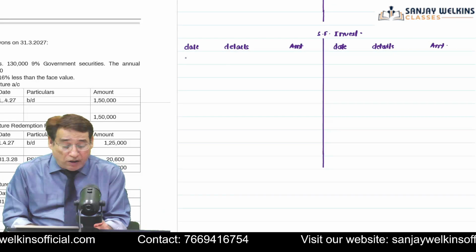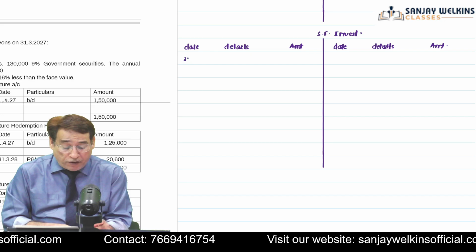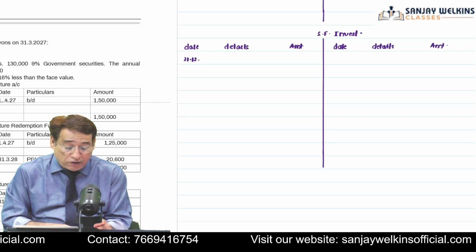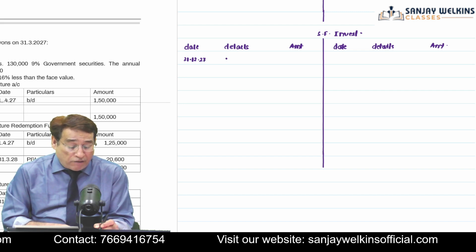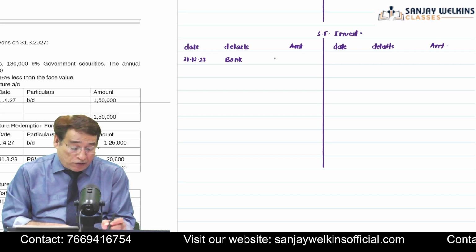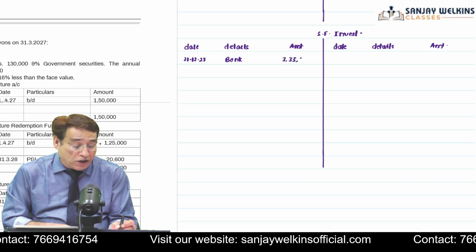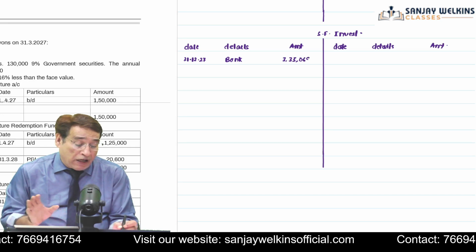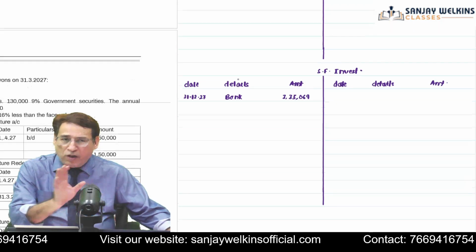and we have to invest this particular amount. So when I am going to invest it, the entry will be sinking fund investment account debit to bank account. So on 31st of 12/2027, I will be writing here to bank, and the amount will be equal to 3,33,069. At the end of the first year, you need not balance, although if you want, you can balance.